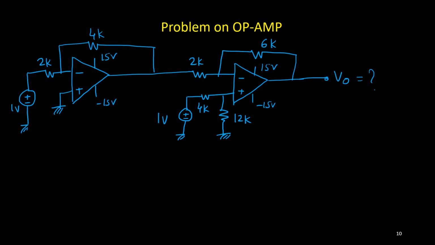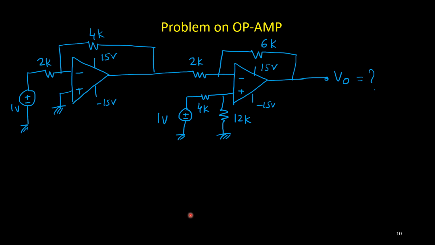First of all, is it a simple circuit? I'll say it's a simple circuit. Without writing any equation, we can solve this problem. You see how quickly we can solve it. So can you identify the first circuit? The non-inverting terminal is grounded. The source is connected to the inverting terminal. So it is an inverting amplifier. Negative feedback is also there.